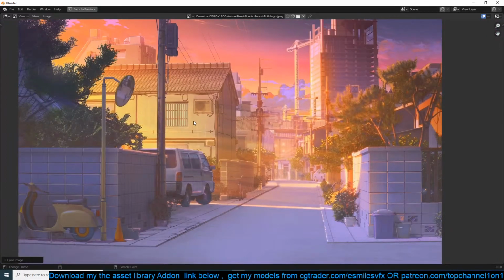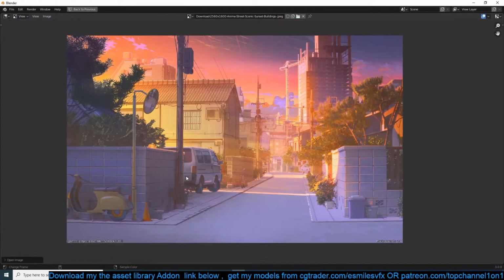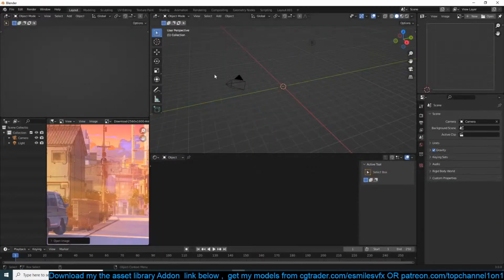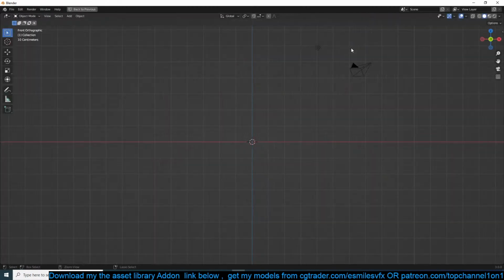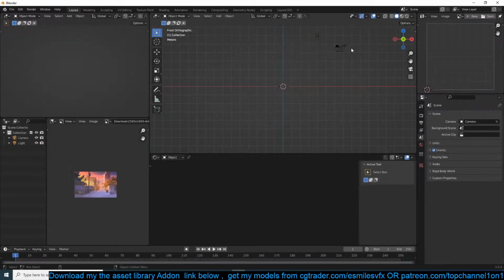So let's see. How do we structure this? Nice background. Yeah, these look really amazing, I think. Okay, so let's see. Where do we start? I don't have a Vespa, but I think we can get a car. Okay. We can start by setting up the camera